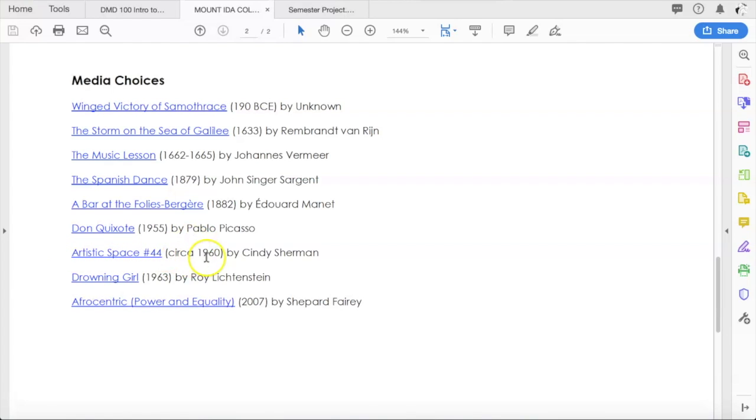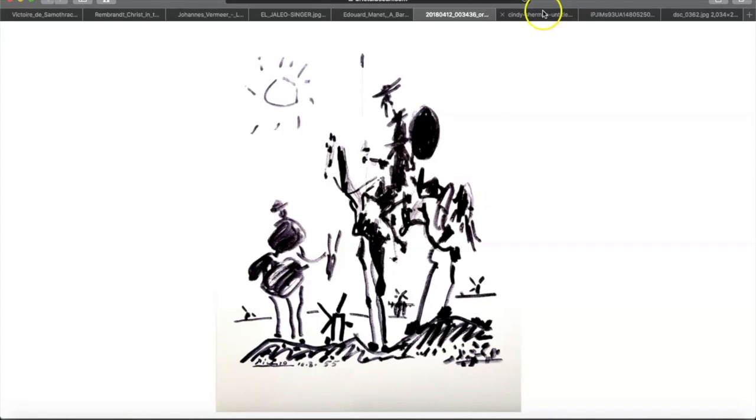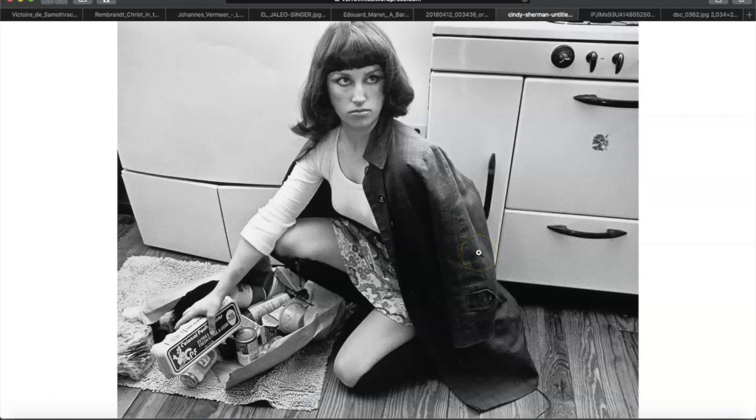This is around 1960, and this is by a photographer named Cindy Sherman. Cindy Sherman had a really interesting way of working in that she put herself in all of her photographs. So this is her. She is both the photographer and the subject, and she plays characters in her photographs. So she dresses up in costumes and she creates scenes, and they are meant to be social commentary for the